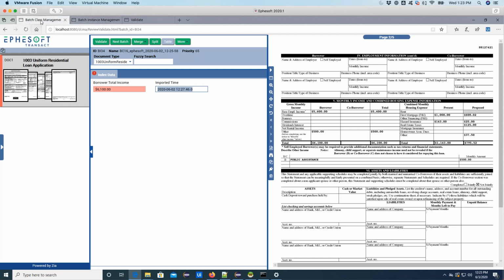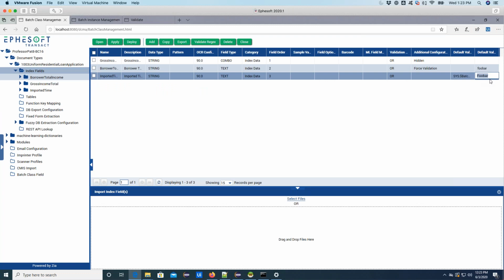The other thing that you can do is set a default value. In this case, you can see a foo bar, and I filled out both of these, and the reason that I wanted to show you that is because the default batch class value will trump that which is the default value. So just know that if you have these both populated, only the default value from the batch class field will populate. If you don't have this, then foobar would be the value of that. So nice and handy if you want to actually just stick a value inside of there for export capabilities, or just default it for some other reason.